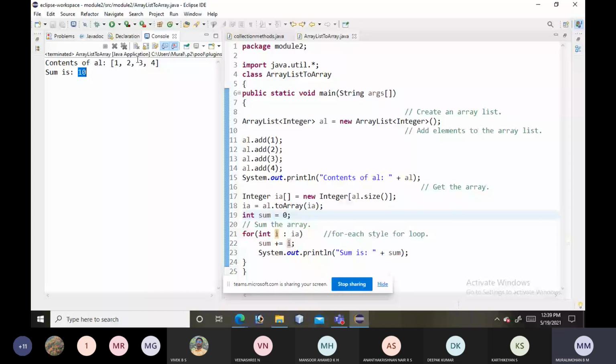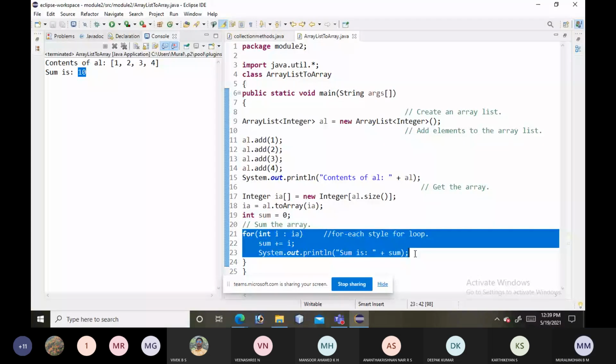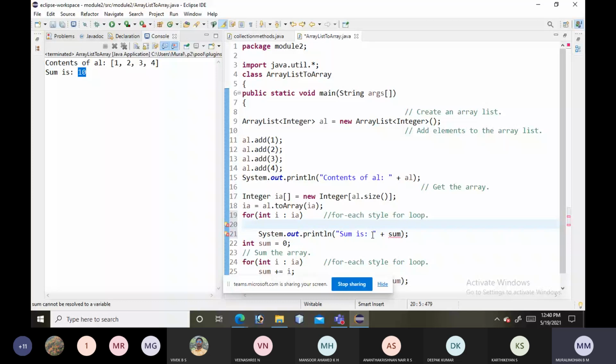Let me take one more for-each style here. I will delete this sum, and instead of sum I will just print I. Now let me execute this.